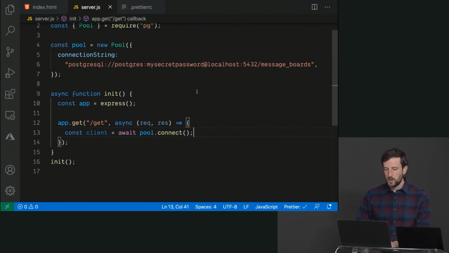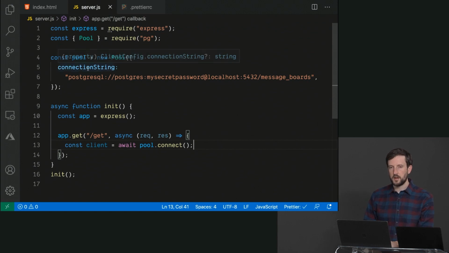Let's say we want to give it a query where we want to get the data back for a board, right? So if someone goes to board 39, we want to know that it's called the coffee board, for example, and we want to know the description of the coffee board. And then we also want to know all of the comments that are on the coffee board. So we're going to actually do two queries, right? We're going to do one to get the data for the board and one to get the data for the